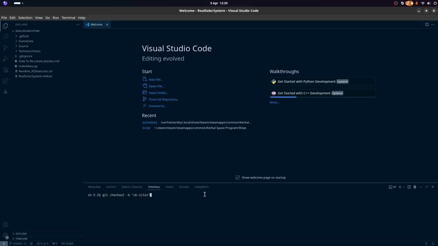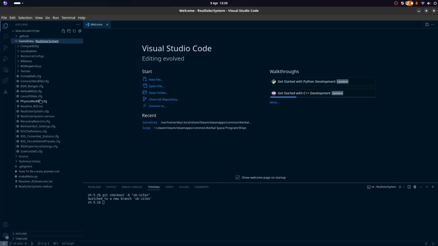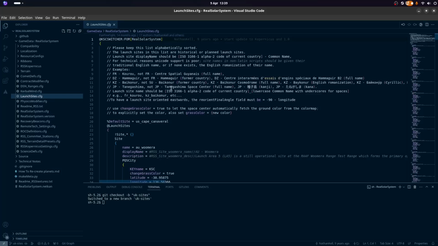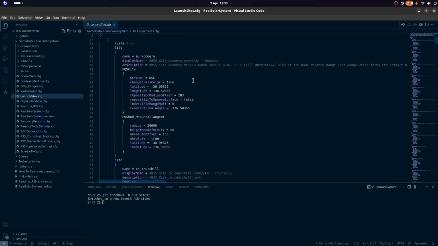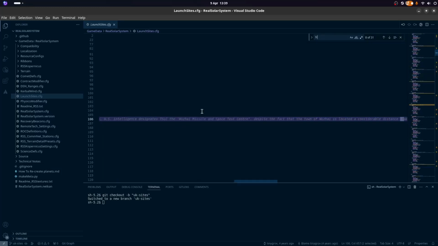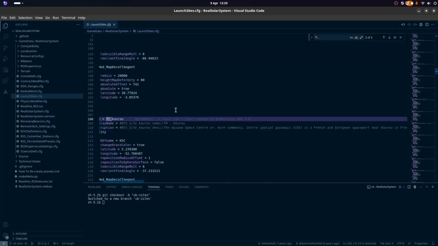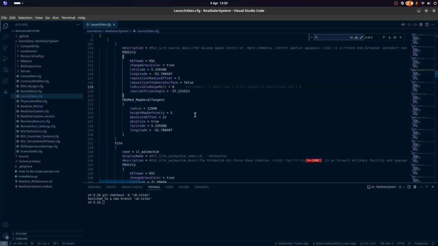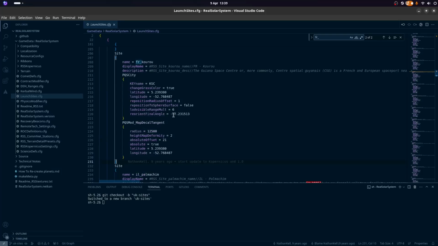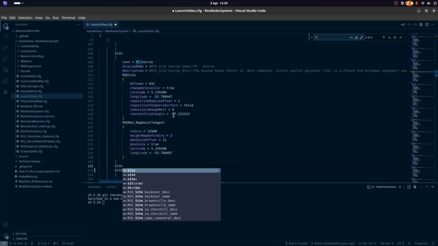UK sites, and we are going to want to find the launch sites config. So in this, I'm going to find FR, because as I understand, next thing is I, and G comes before I, so we're going to want site.